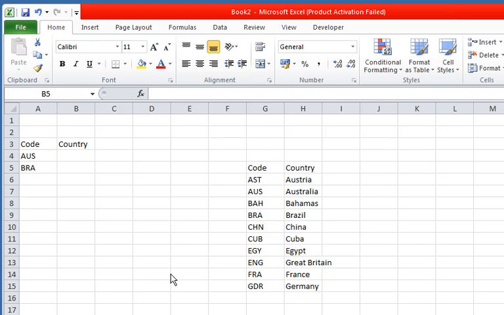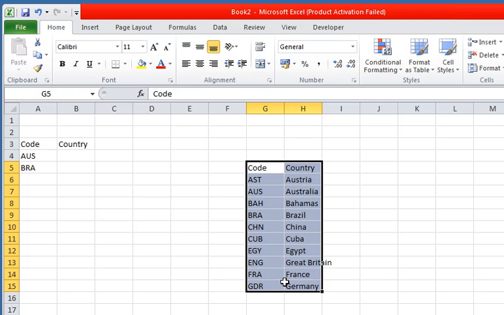Let's look at named ranges and VLOOKUP. I'm going to select this data, this will be my lookup table. I'm going to click in here and I'll call it country. Press enter, and now this section is called country. If I want to see this, then I can look in my